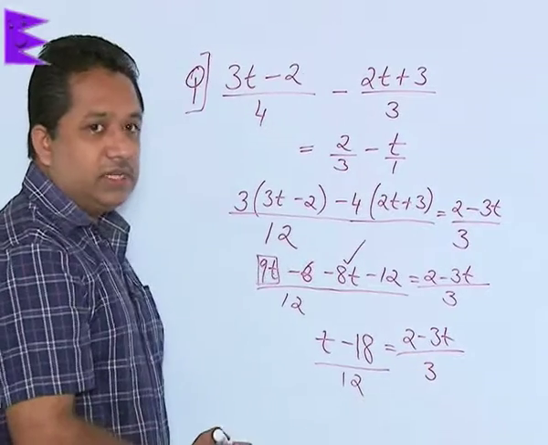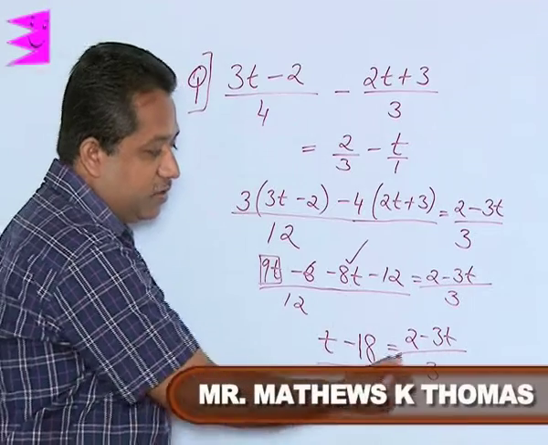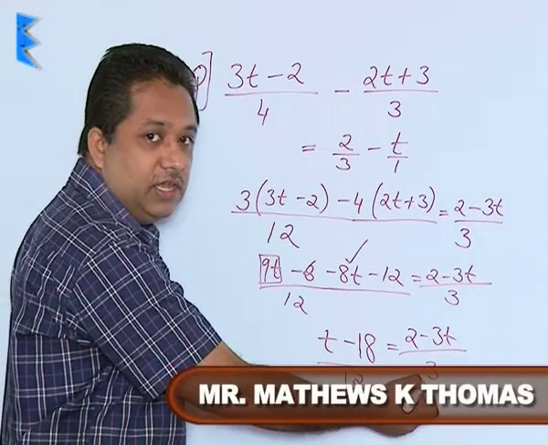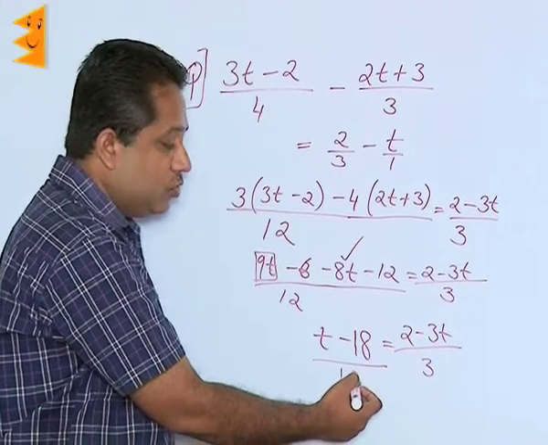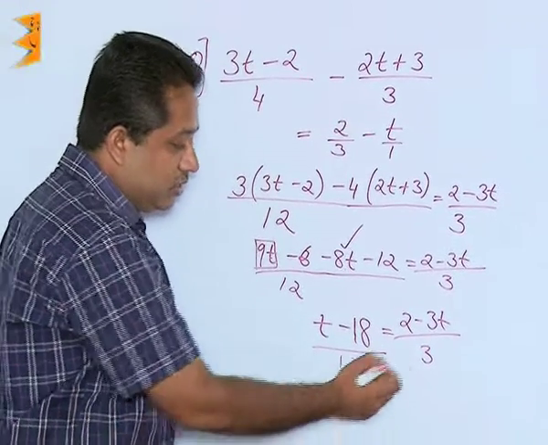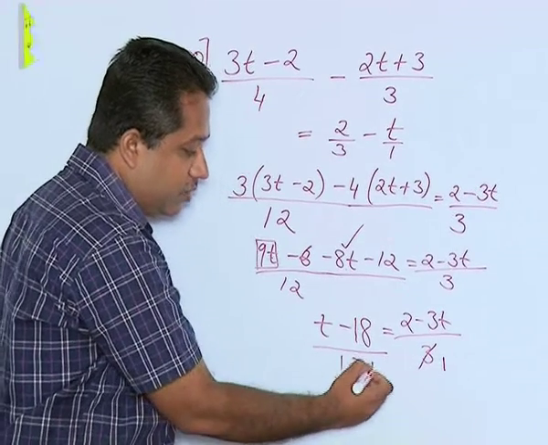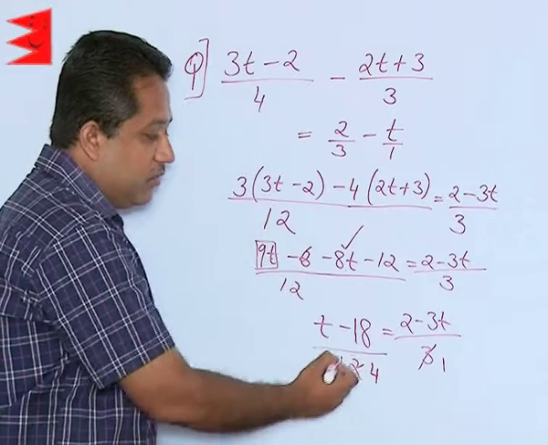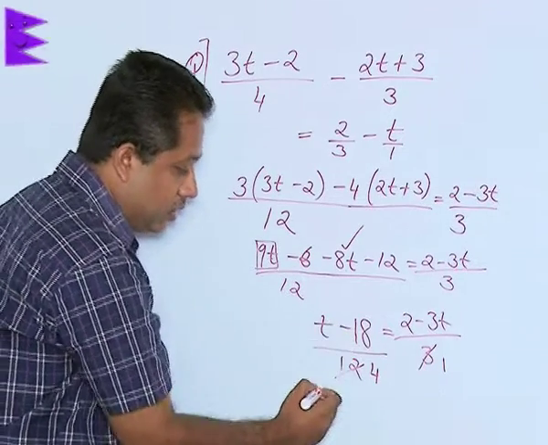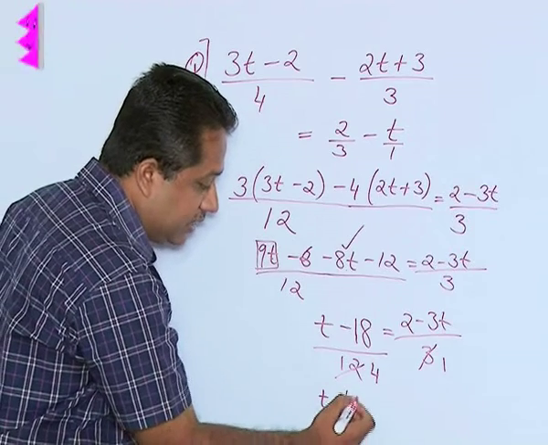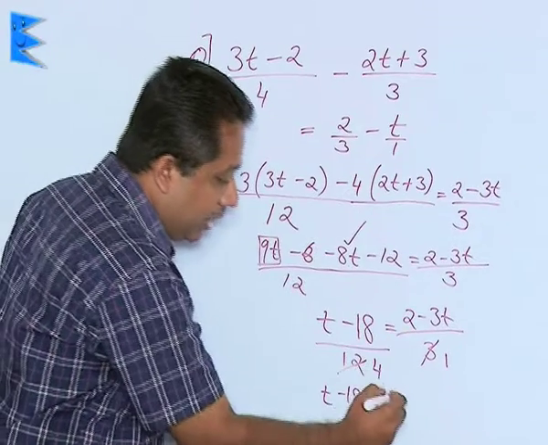Now, we have taken the LCM. Now, look at the denominators. The denominator of the LHS is 12, the denominator of the RHS is 3. So, whenever there are common factors, we should cancel them to simplify the question. So, 3 can be cut here, 3 ones are 3 and 3 fours are 12. So, now we are going to cross multiply this. So, 1 into (t - 18), you are going to get t minus 18 is equal to 4 multiplied by